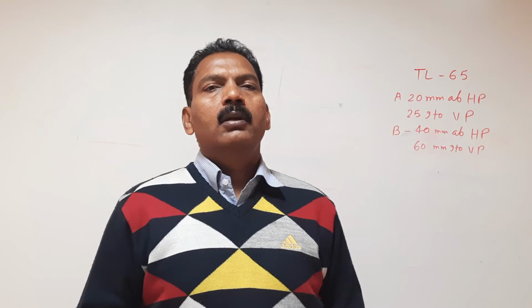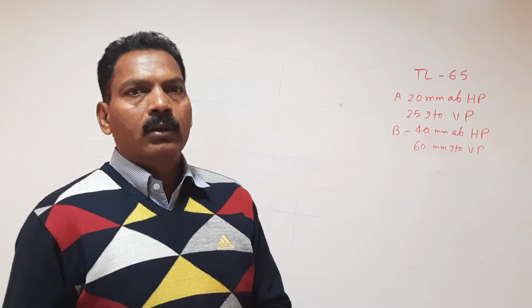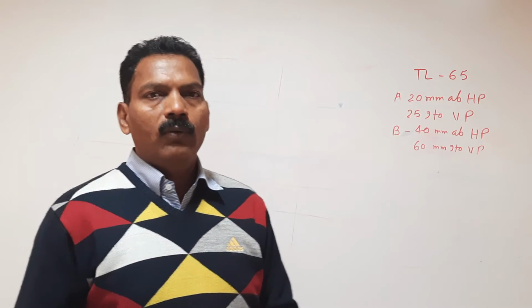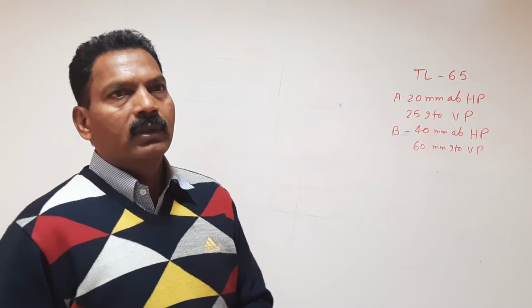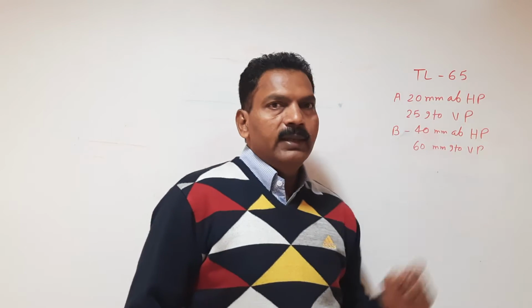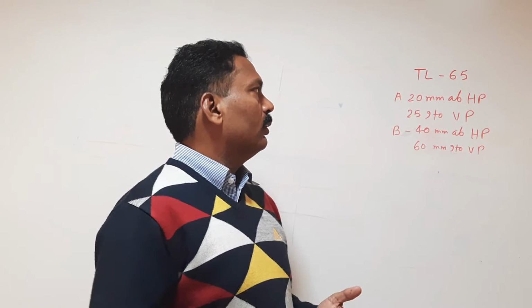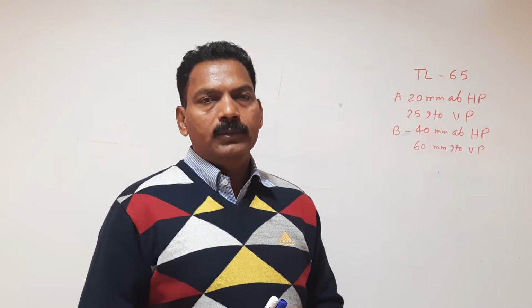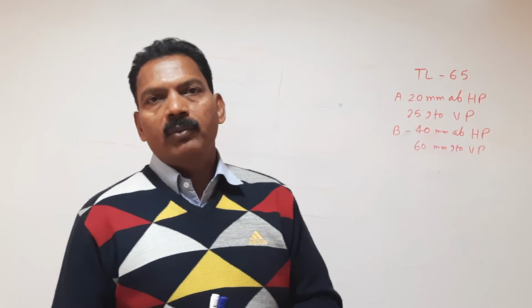Hello student, in the last lecture we solved the problem of projection of a line when the length of front view and top view of the line are given, and true length is also given, and position of the point was also given. Now there is another type of problem of line in which the true length of line is given and locus of points are given, meaning this point is 20 mm above HP or in front of VP, and point B is 40 mm above HP and 60 mm in front of VP.